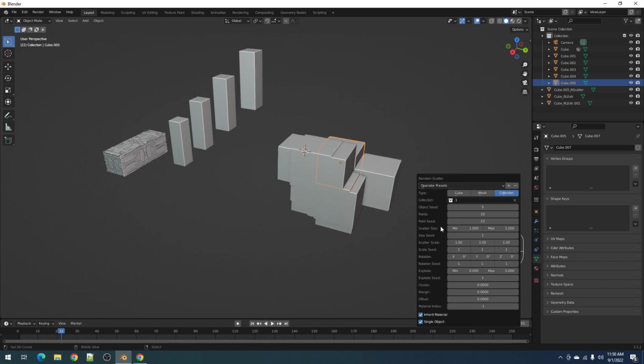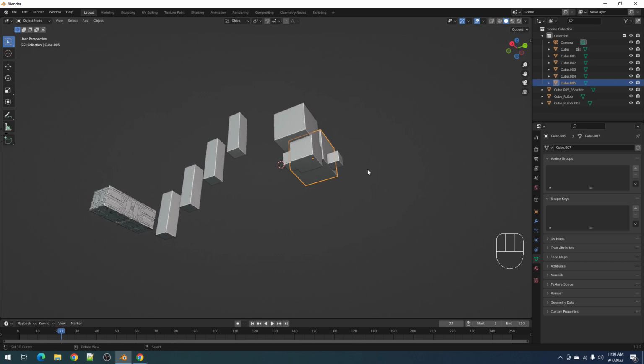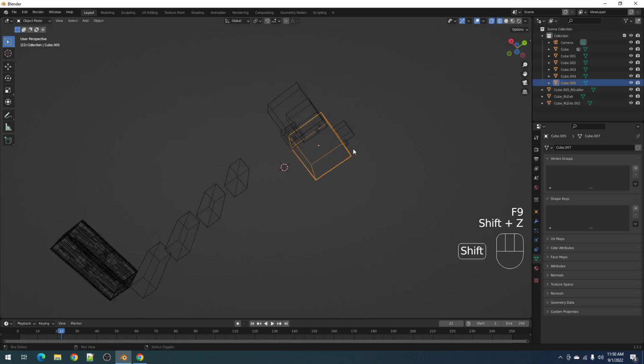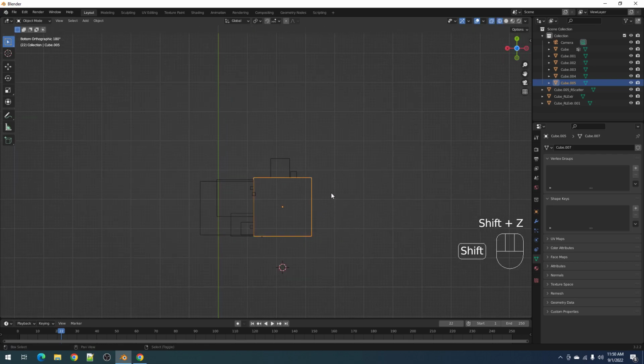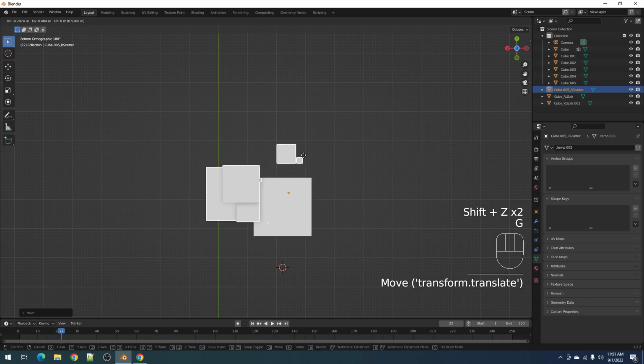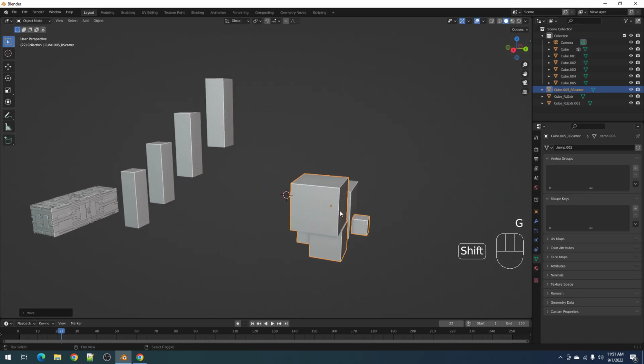Scatter size. It affected their scale, but you get the idea. So their foot is now touching the source mesh, instead of